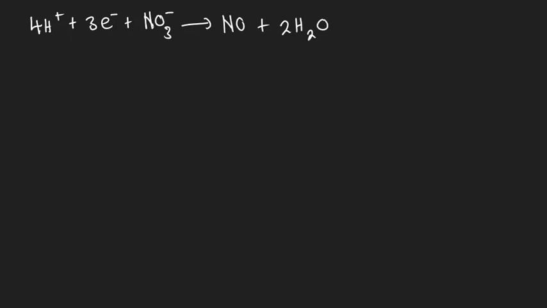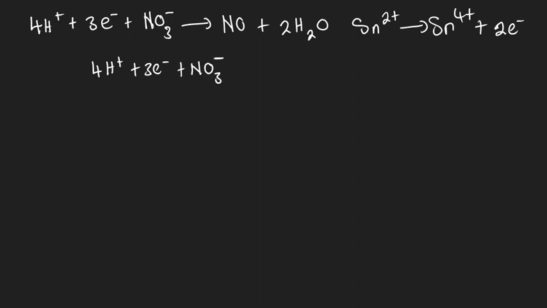And then here we have selenium 2 plus, and this is producing selenium 4 plus plus 2 negatively charged electrons. So of course this equation we can now rewrite it. We are going to say 4 H plus, 3 negatively charged electrons plus this nitrate, and then plus 2H2O, and then we can get our equation, and then this is producing